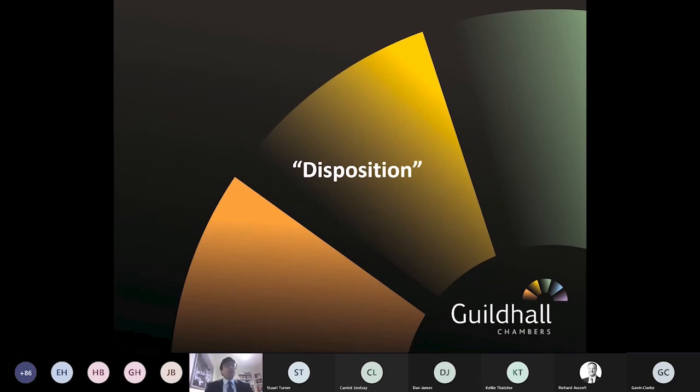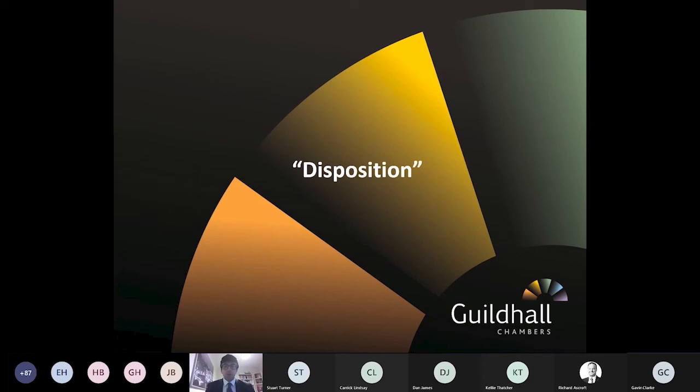Next thing I want to consider is what exactly does disposition mean? And perhaps unhelpfully, there is no statutory definition of disposition found within the Insolvency Act. And as I said a moment earlier, it is a different word from transaction, and so therefore it must mean something slightly different from transaction. Hopefully there is some guidance both in academic commentary and in some of the case law.